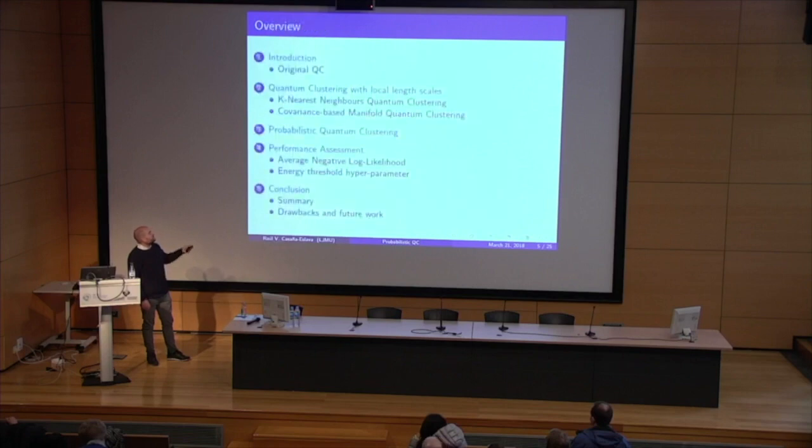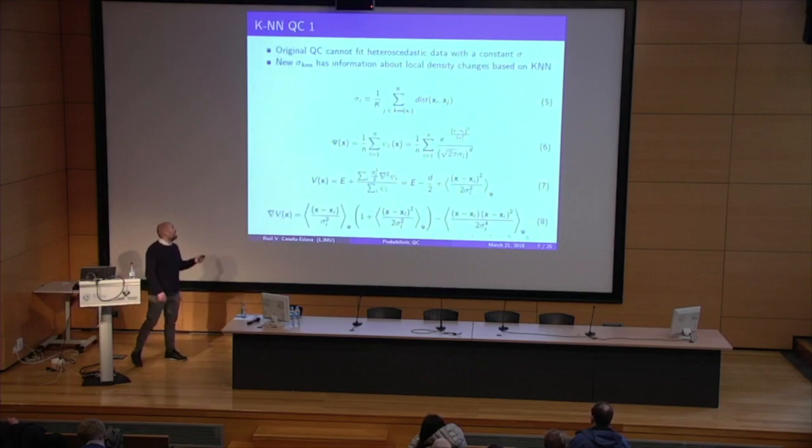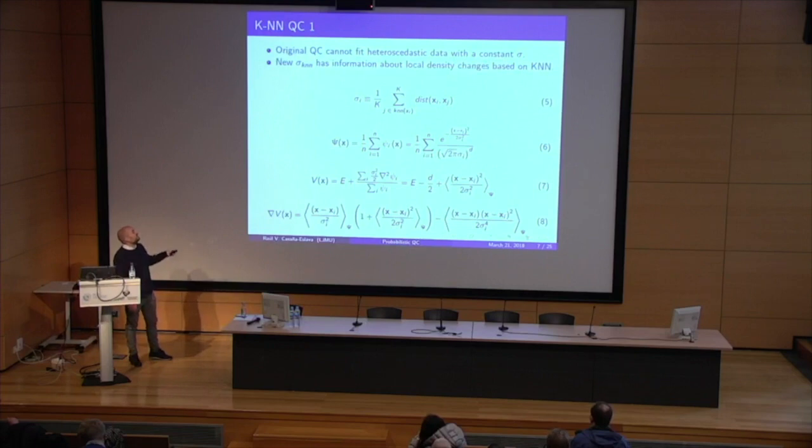So we introduce our improvement based on local length scales. We take two kinds of approaches: one based on nearest neighborhoods, like spherical Gaussians, and then covariance-matrix-based Gaussians. The first approach defines a length scale that is the mean distance of the k nearest neighbors, and that k represents a percentage of your input data.